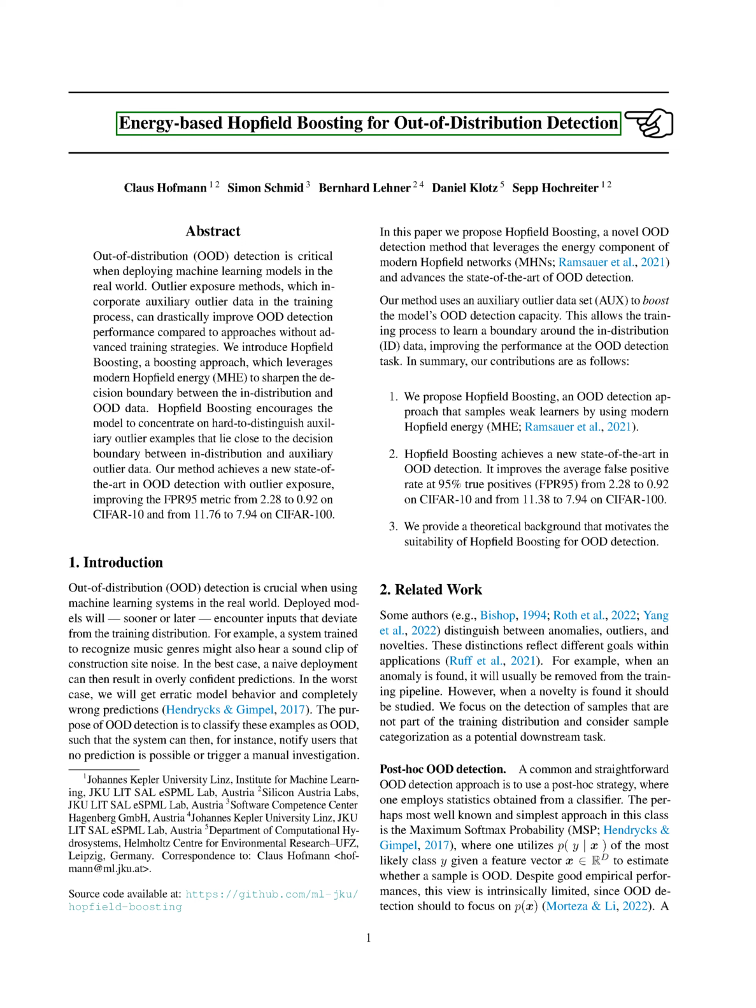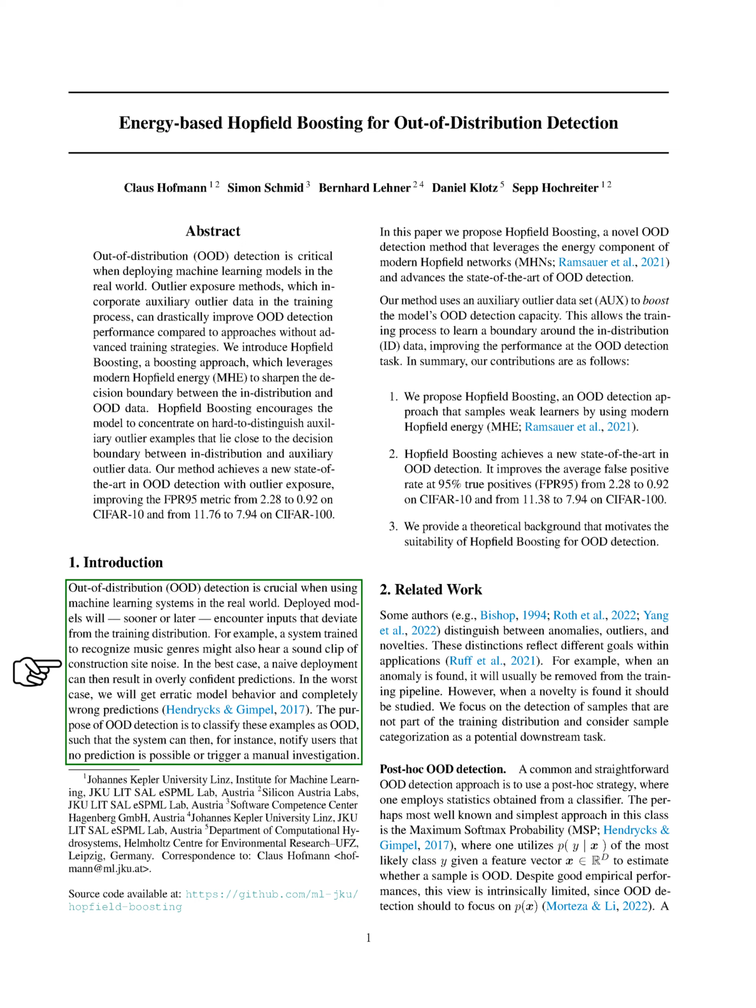Section: Introduction. In this section, we discuss the importance of out-of-distribution (OOD) detection in real-world machine learning applications. When we deploy models, they will inevitably encounter inputs that differ from the training data. This can lead to incorrect predictions, ranging from overly confident to completely wrong. OOD detection helps identify these cases so that the system can handle them appropriately, such as notifying users or triggering further investigation. We introduce a new method called Hopfield Boosting for OOD detection, which builds on modern Hopfield networks to